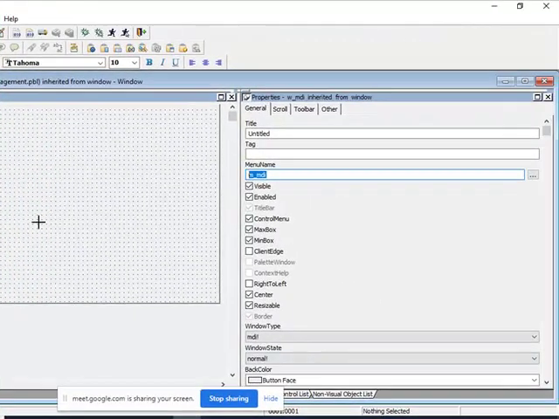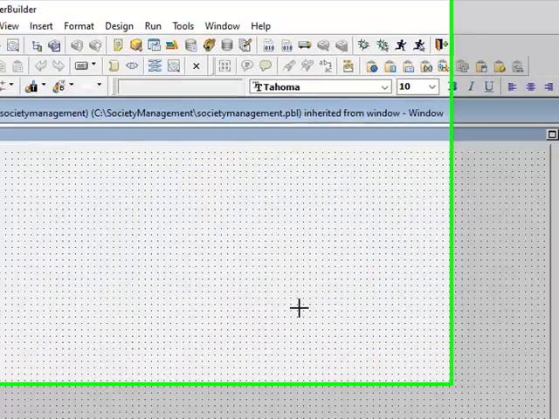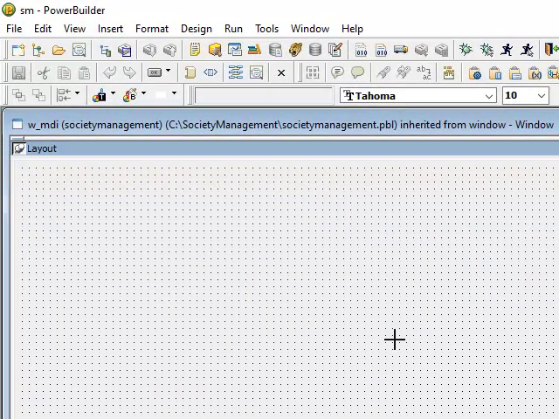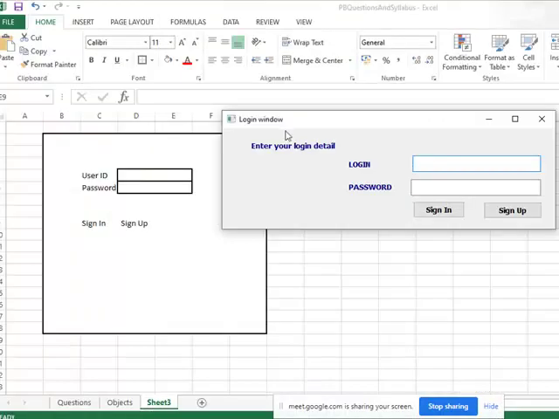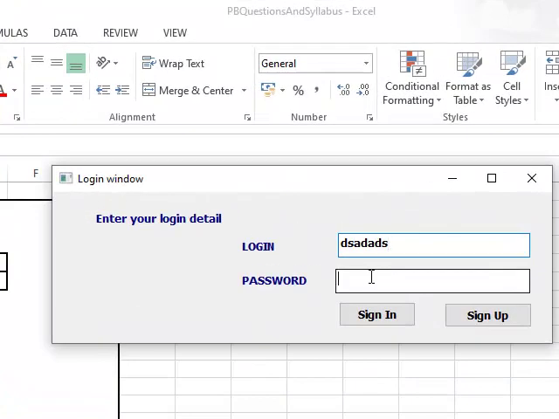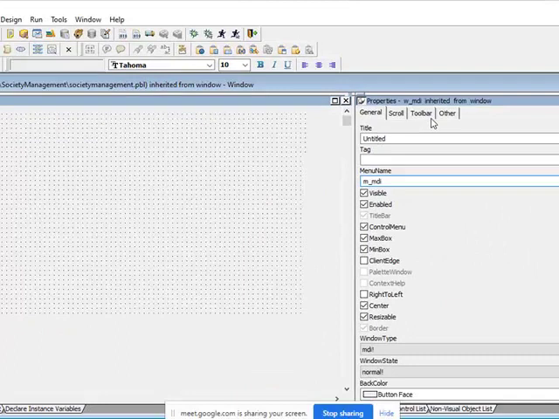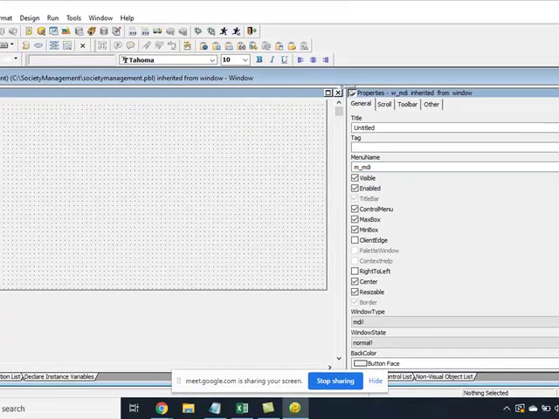Perfect. Now what I want is, if my login details are successful, then I should be able to enter into my application. I should be able to get into my MDI. Okay. So let's say if I click on this sign in button, I should be able to see my W_MDI.